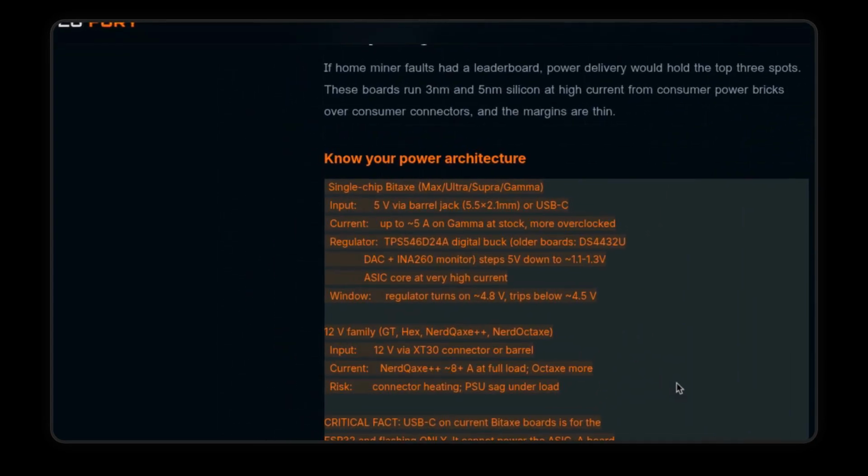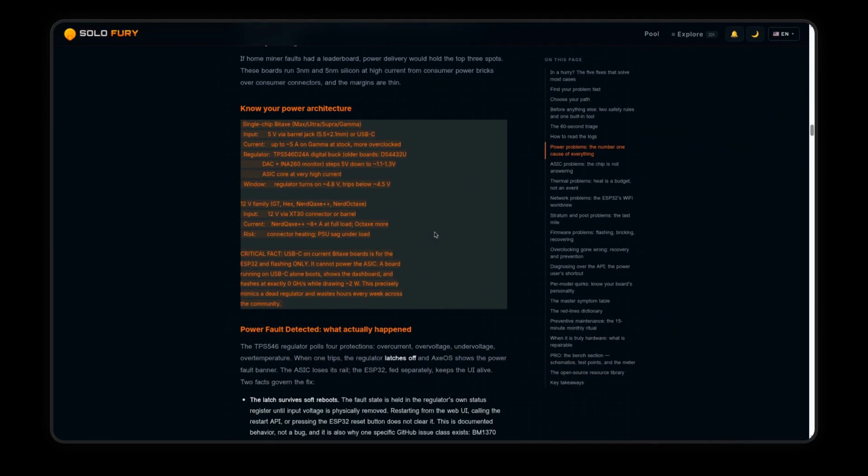The number one cause of miner issues is often found right here in the power section. A miner that appears dead or shows a 0 hash rate is frequently suffering from a power fault rather than